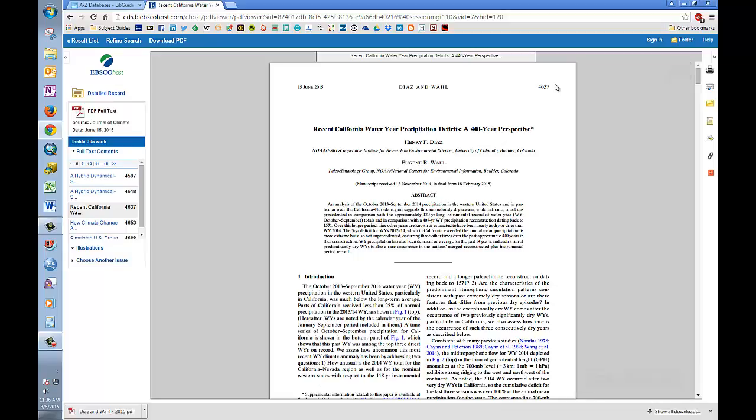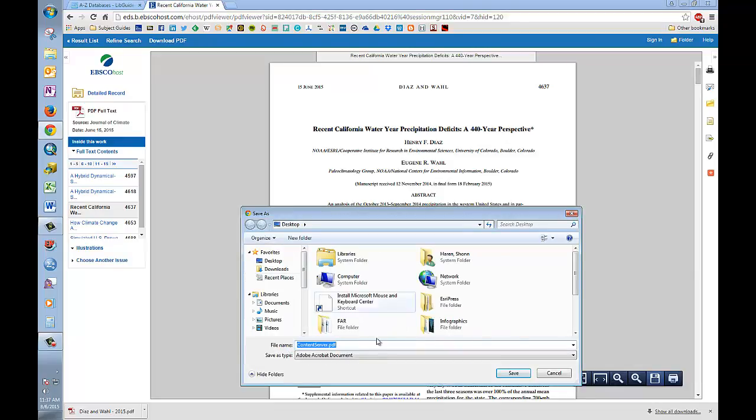Now at this point you have a PDF. You can save it, you can print it, you can do whatever you like with it. In this case we're going to save it, and you can of course save it to the computer, to a cloud drive, to a thumb drive, whatever you like. In this case we're going to just save it to the computer desktop. So I click on the save button, click on desktop,